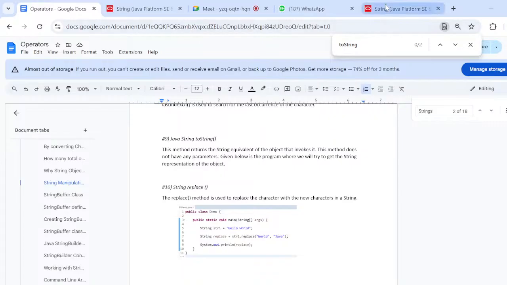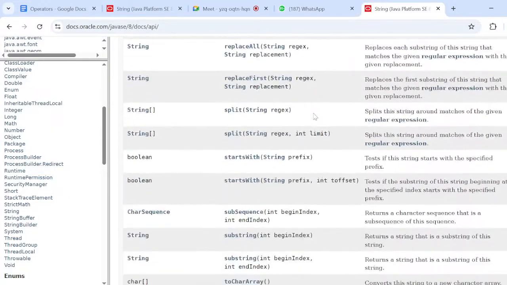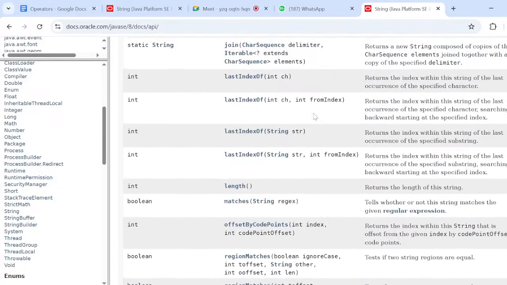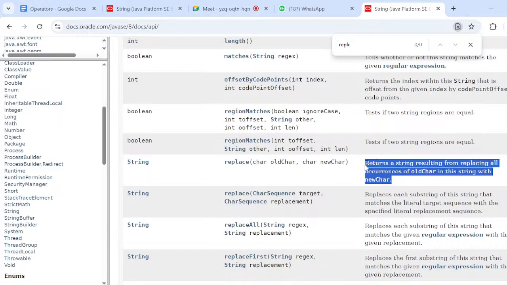There is a method, the replace method. Replace is the method. You guys, can you please read the purpose? Returns a string resulting from replacing all occurrences of the old char in this string with the new character. For example, here what I would say,